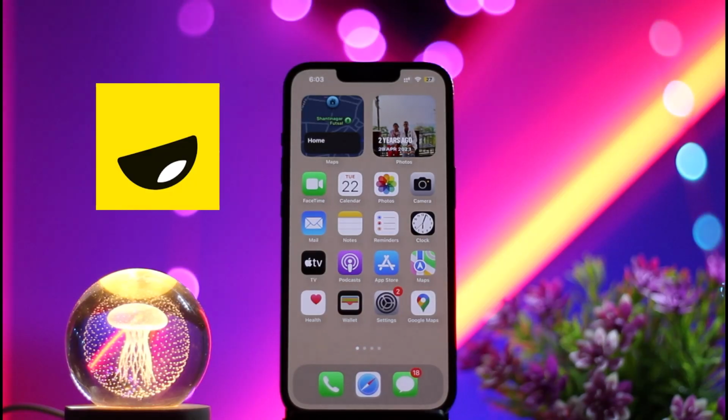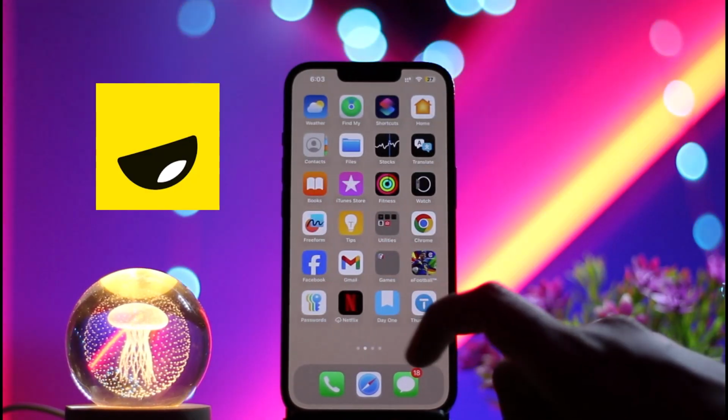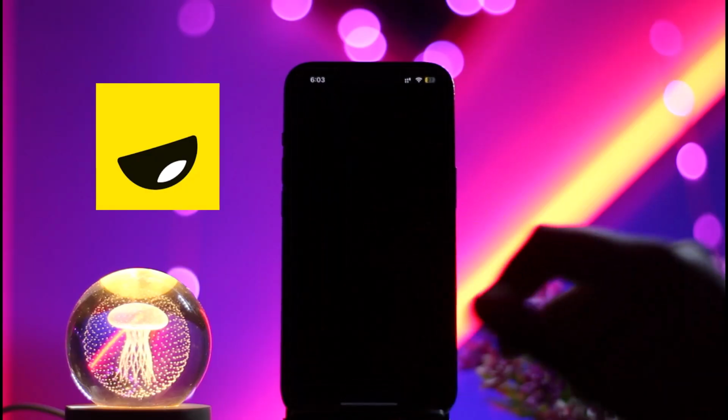So let's get started. The first basic thing you need to do is make sure that you have already installed the Yubo app on a device. If you have not installed the Yubo app, you may simply install it from the App Store or Play Store on a device. After that, you just need to open the Yubo app and make sure that you are